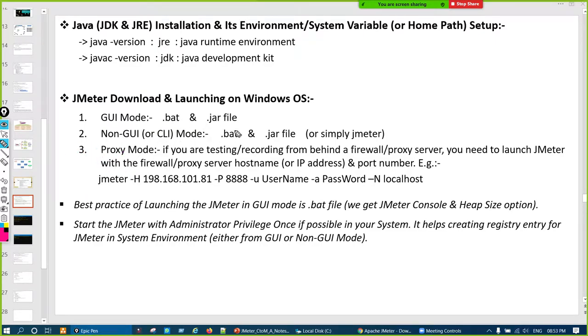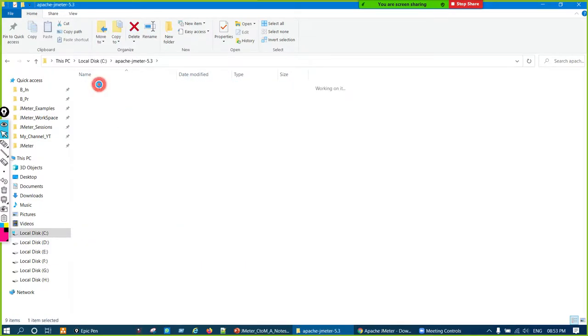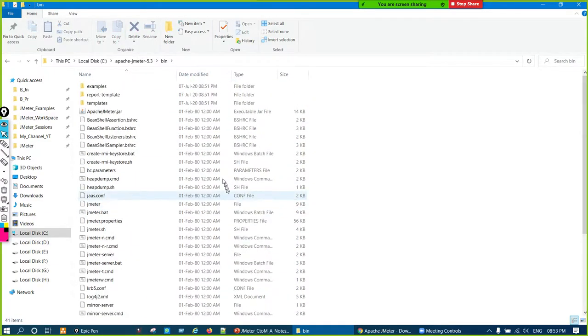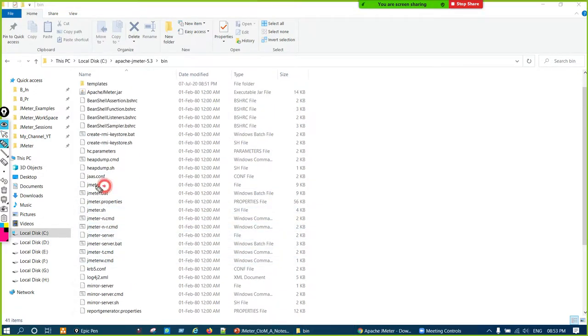So first we'll see, where do we have to go? We have to go inside the bin directory. Open this 5.3. Go to the bin directory. Here you will find a list of files. Inside that, the jmeter.bat file will be there. It's a Windows batch file. So we just double click on that.